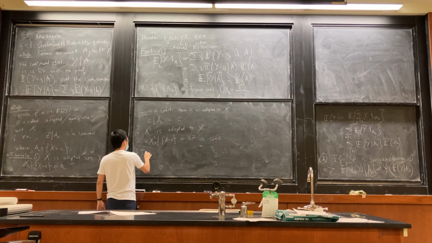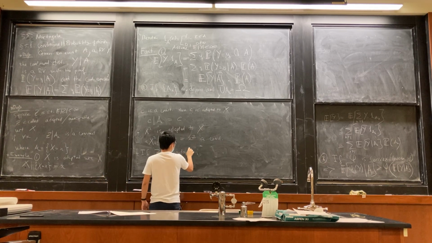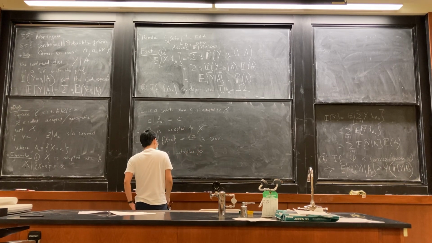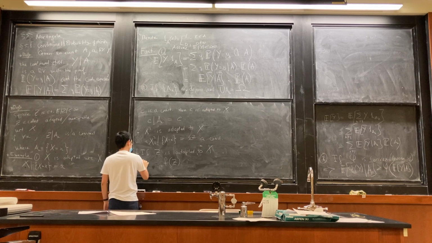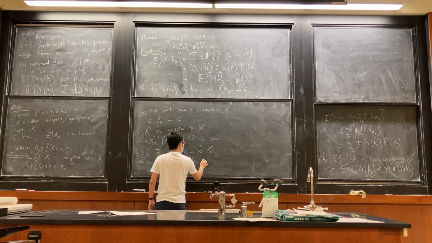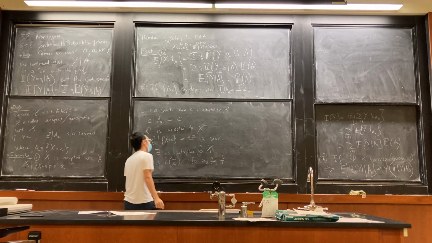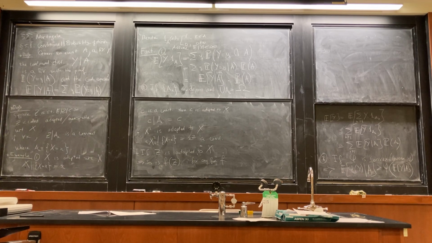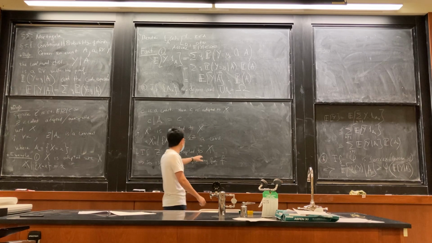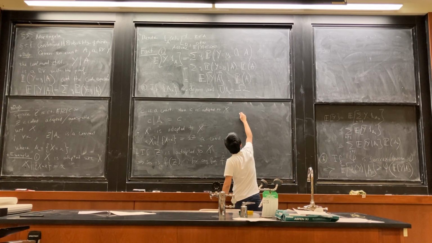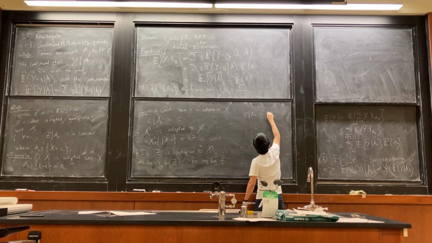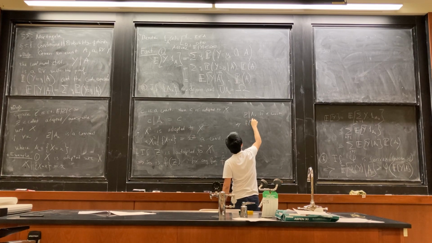What else can I say? So now, if Z is adapted to X, then for any function of Z, so is that function. This is because if I tell you the value of X, and Z is a constant, then that Z has to be constant, basically. Because Z conditioned on X is a constant, implying that Z is